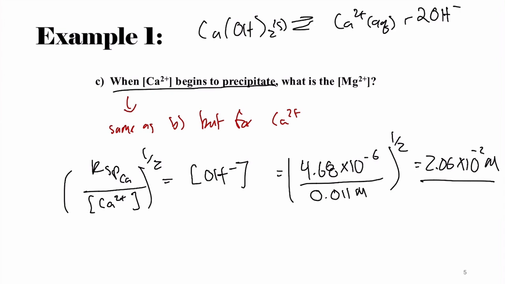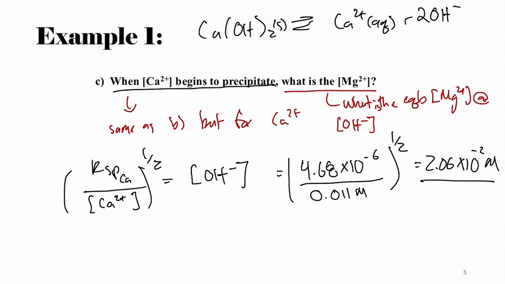And the second part of this question is saying, well, what is the magnesium concentration at this point? You just plug it back into the first one. Yeah, that's exactly right. This is saying what is the equilibrium magnesium concentration at this new OH minus concentration, right? So that means that we're trying to solve for the magnesium concentration given the hydroxide concentration that we just solved for,